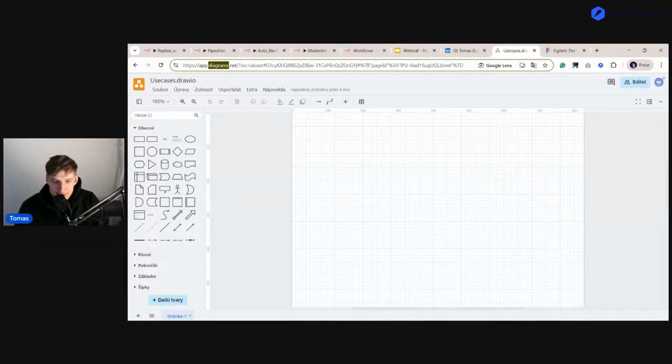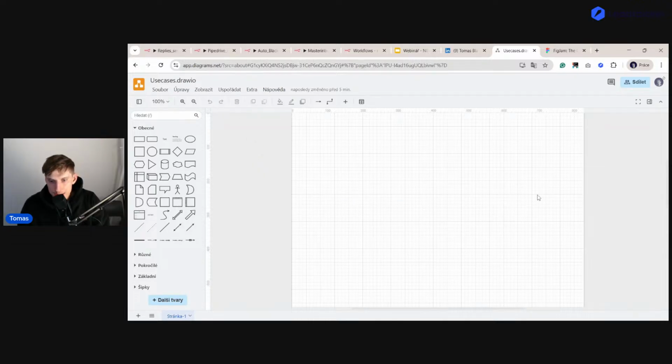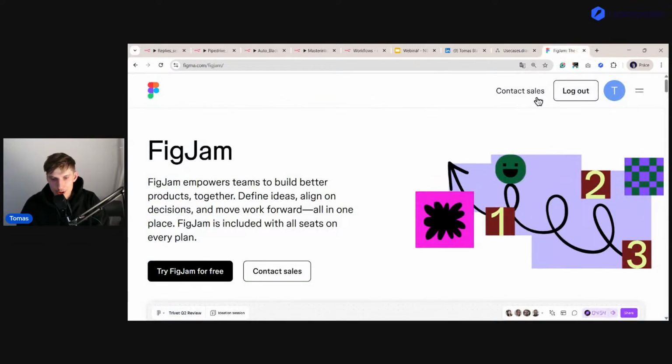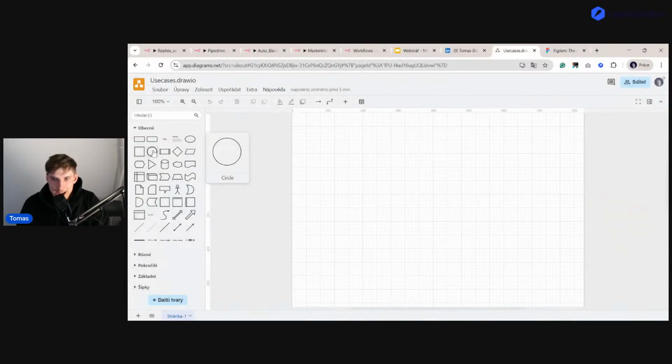So I highly recommend that when you are hired to automate something, or you plan to automate something internally, before you start automating, you start with the boring part, where you sit down in Draw.io or FigJam or any other platform and start drawing the process from the beginning. So, for example, you just start with the start, and here you continue with some other action item like